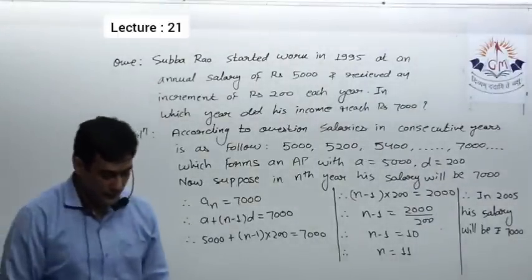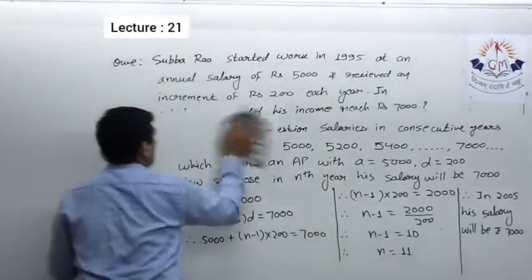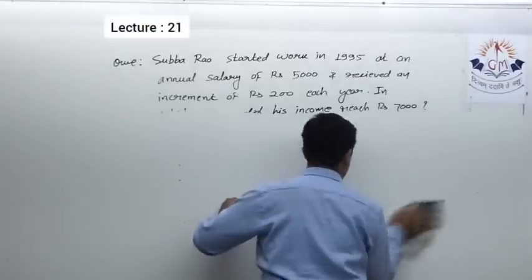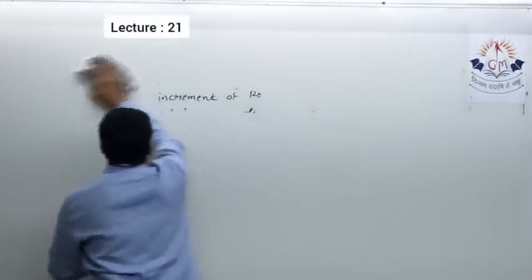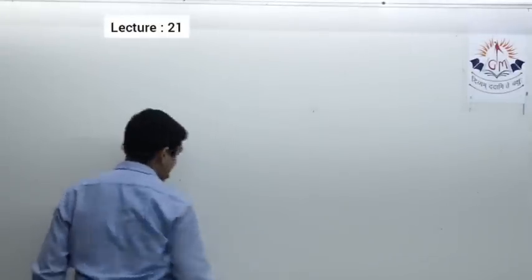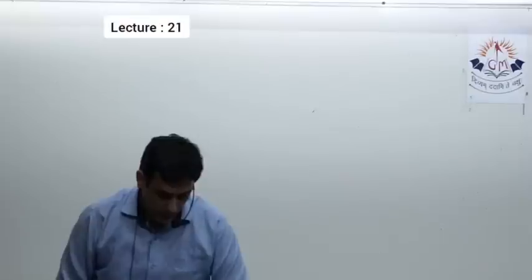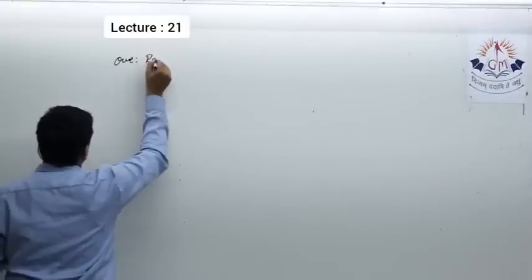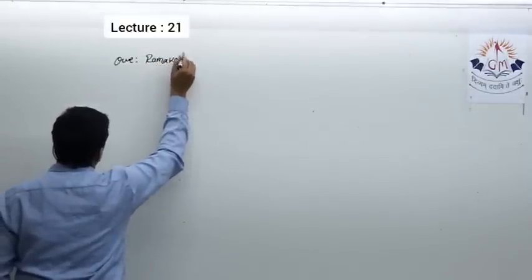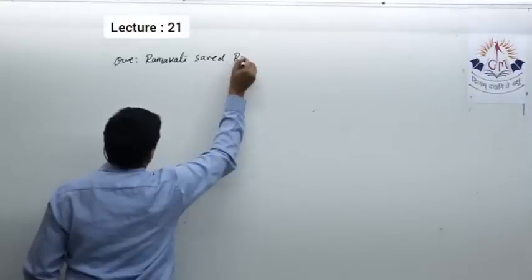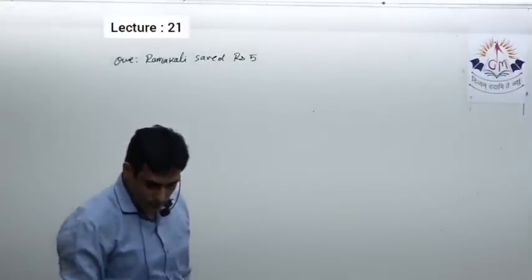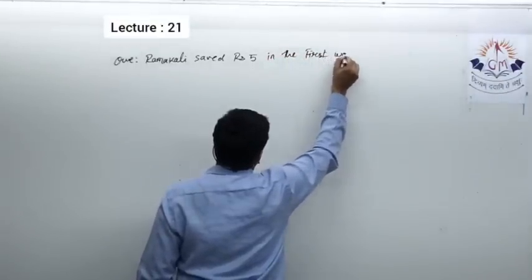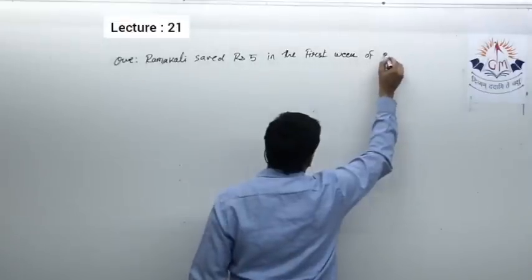Okay, now let us see the next question. The next question is: Ramakali saved rupees 5 in the first week of a year,